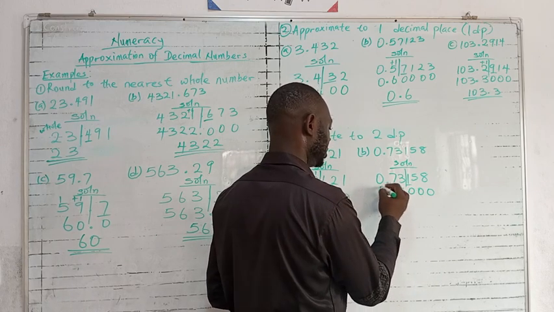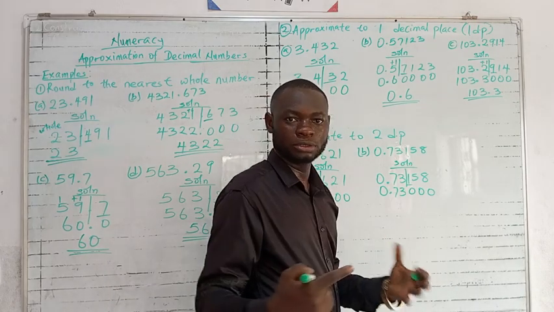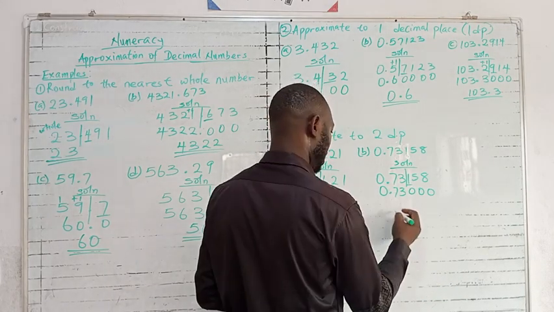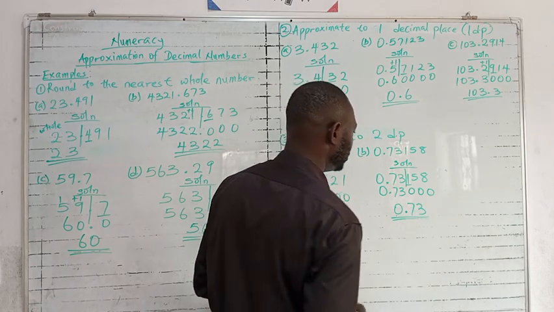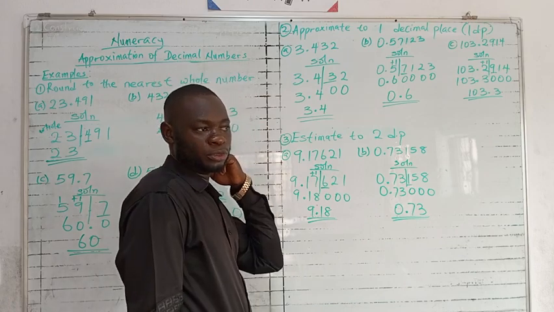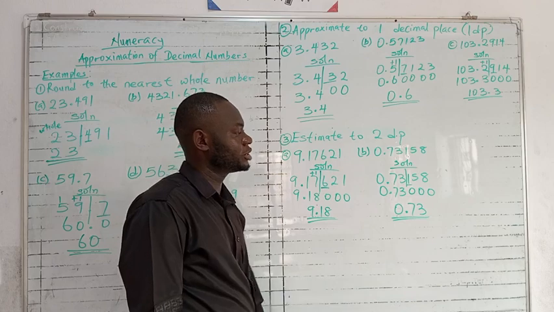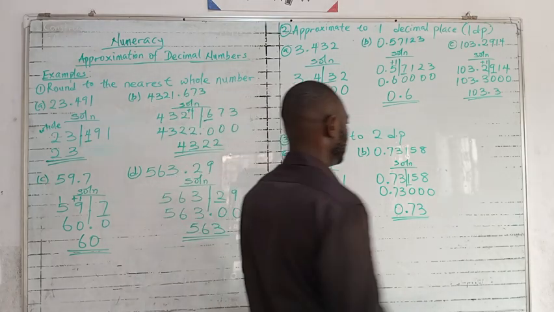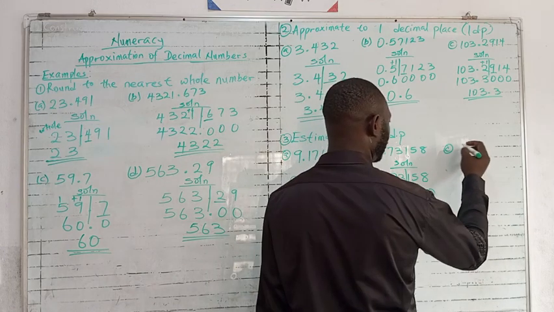Bring down your point, bring down 0. So these zeros are what? Insignificant. Our answer is now 0.73. So therefore 0.73158 to 2 decimal places is 0.73. And finally C, let's say here we have